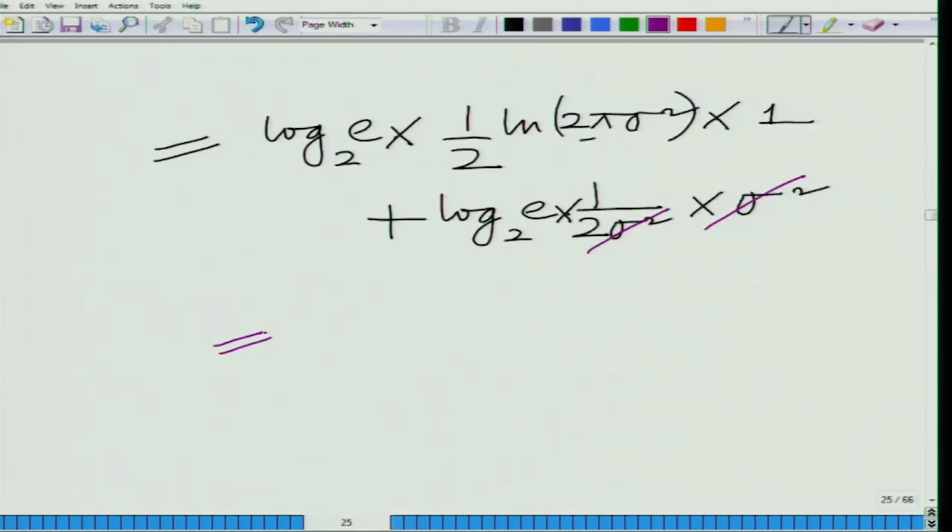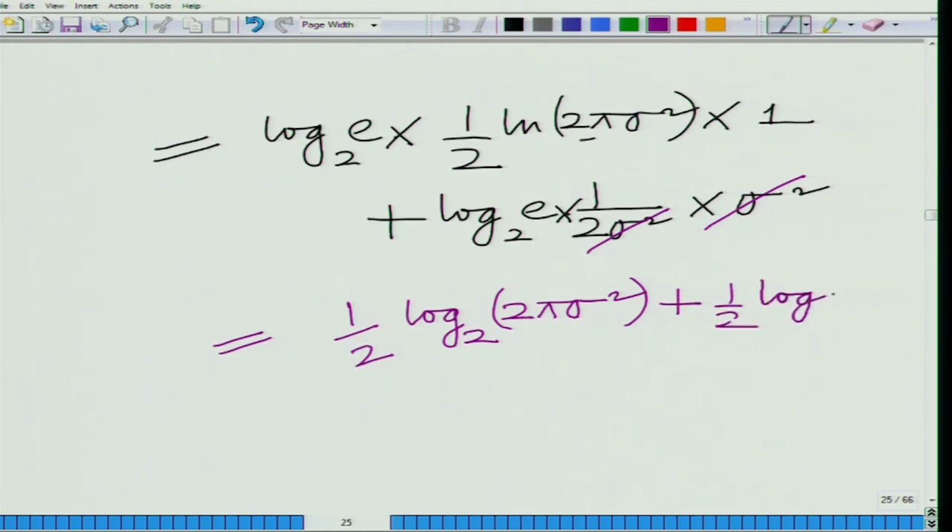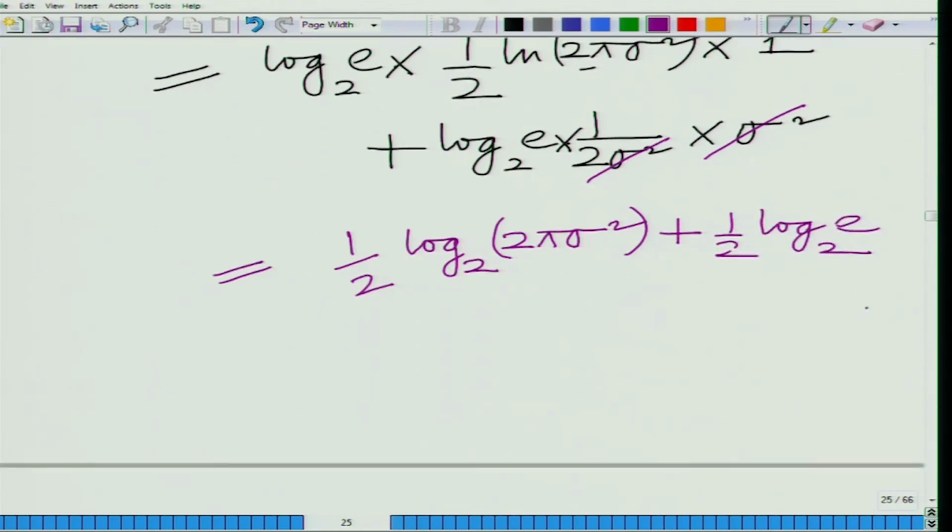Therefore, I can write this as log e to the base 2 into half ln 2 pi sigma square. So, I can write this as half log to the base 2 of 2 pi sigma square, because log e to the base 2 into ln 2 pi sigma square is nothing but log 2 pi sigma square to the base 2, plus half log e to the base 2, which is equal to